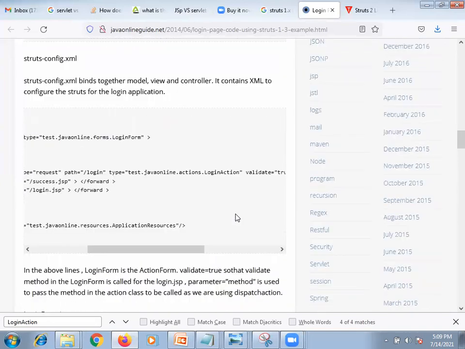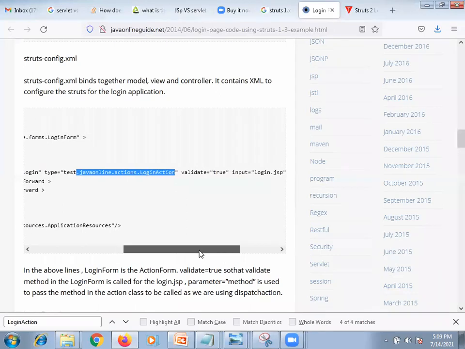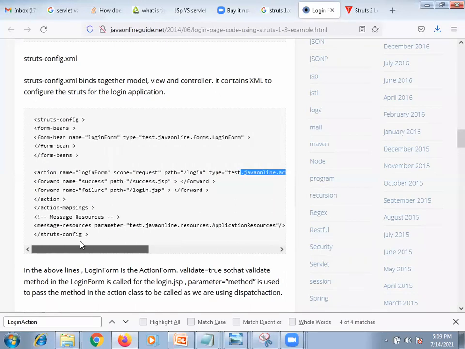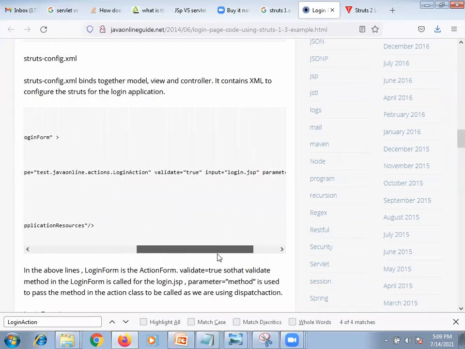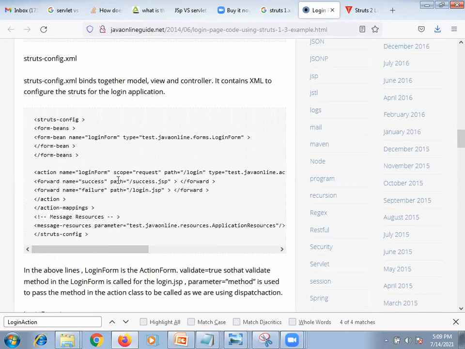Now in the struts configuration file, they clearly mention what the login action maps to. Now how is it going to identify the pages? Once this login action form invokes the method, the method name is going to be invoked. That method will invoke.